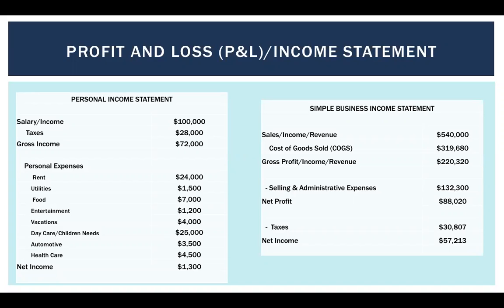So what makes up selling and administrative expenses, the next line item here, is a lot of subcategories. So in that chart of accounts, there may be many, many things that go into this. But as I said, I just wanted to start you off with a very introductory look at what an income statement looks like. So we reduce the gross profit, taking away selling and administrative expenses, and we're left with net profit.